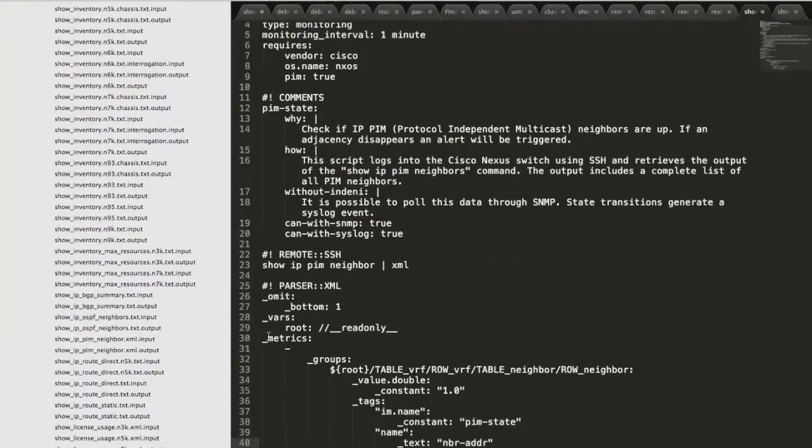Basically, for every row that we find, we're going to create a pim state using the neighbor address, and it's going to always be 1. The reason is that the way this protocol is built, if you can find the pim neighbor, then it's up by definition. If you can't find it, then it's down. That's a bit tricky because you're basically saying whatever is down, I don't know of. It's handled completely separately and not the scope of this training, but this is enough. So if I were to run this,